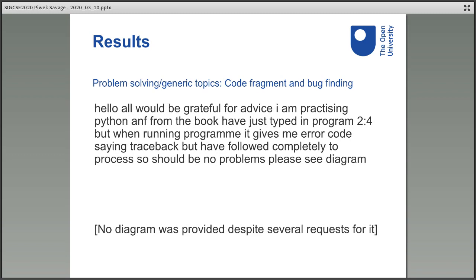In a different discussion shown above, we have something cryptically titled, "Where am I going wrong?" Note that the student didn't provide a diagram despite multiple requests for it. In both the example here and that on the previous slide, there is some confusion about which activity or quiz the student is referring to, although it can be deduced with some effort. The students omitting the code and not communicating their efforts at debugging leads to generic advice from peers. This was apparent in other threads too.